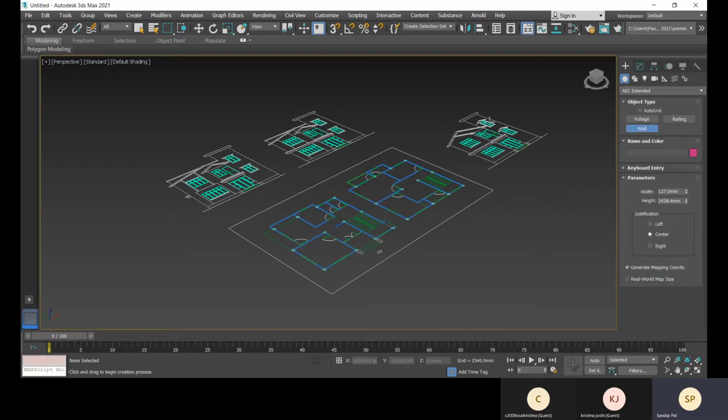I can choose this Wall, and what is the justification? I hope you have completed Revit, right? Yes, sir. So there you also get the same justification option: wall center, or finish face exterior, finish face interior. It's the same, justification center or left and right.